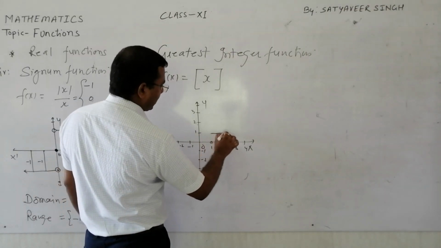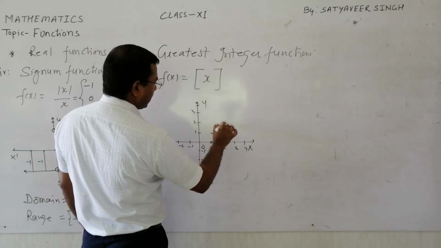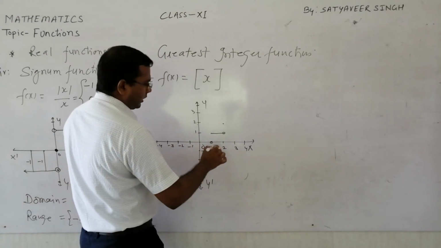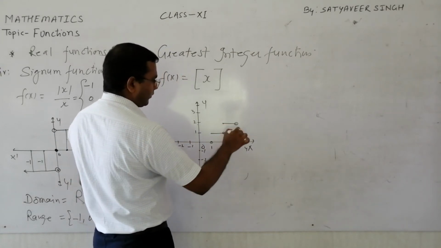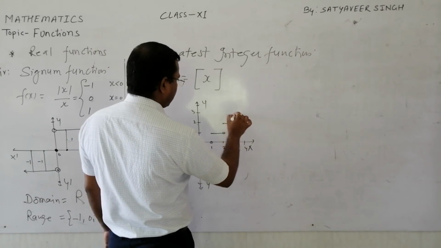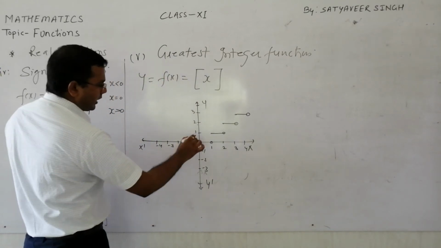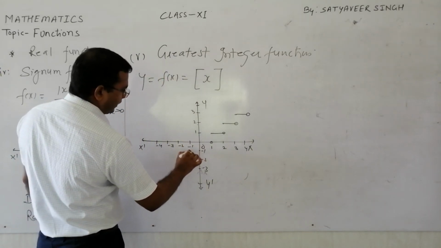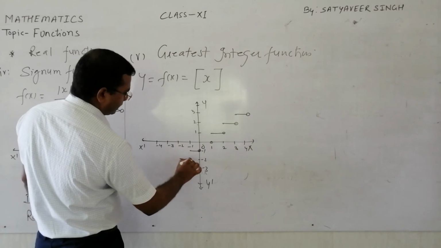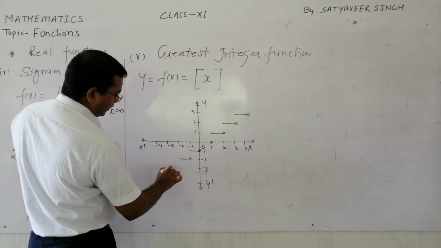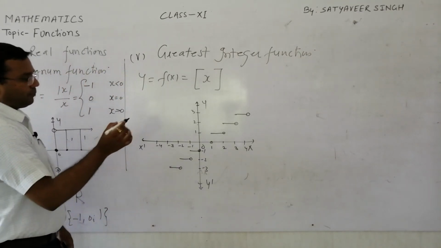I'll explain this graph, but let me draw it first of all. I can assure you that you will definitely understand what this function is in this class, and you will never forget this. So this kind of graph, this function is also called a step function, step up.